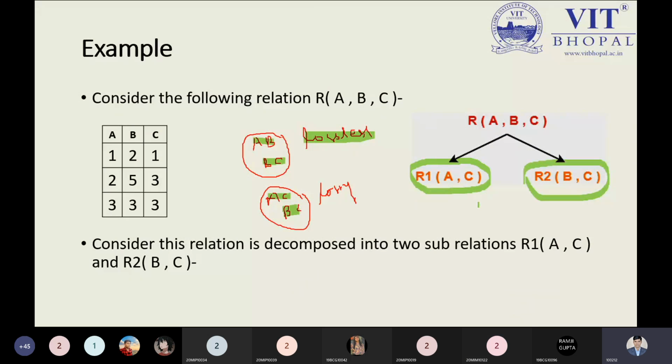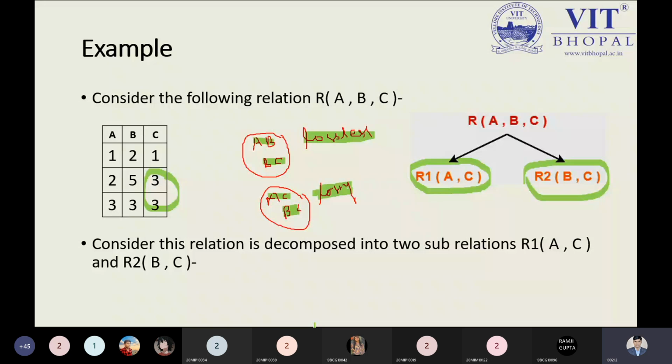See, definitely. Why are we having the extraneous tuples? Because C contains duplicates. So that is the reason we can't use those attributes which are having duplicates. This is a good point.